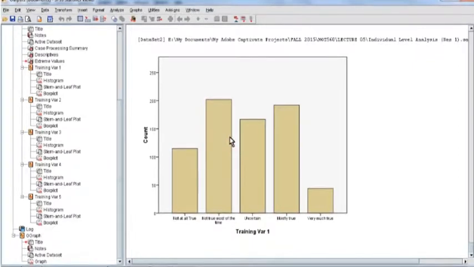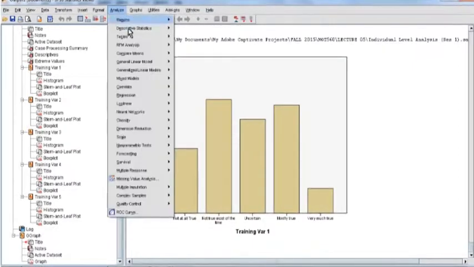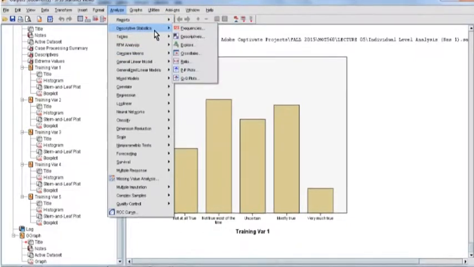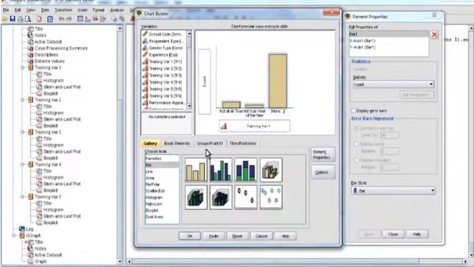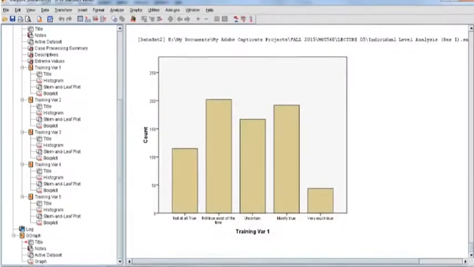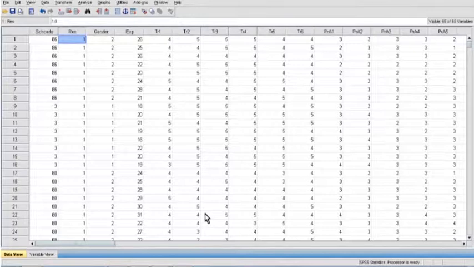So once you have gone through that, let's go back, in fact we just click on graphs and select chart builder. So clicking on OK, we can choose different types of charts here which may be required in this case, and it depends upon the nature of data which needs to be presented. So this was just to show you how to draw a simple graph in SPSS. So let's click on cancel here, and going back to the data values,